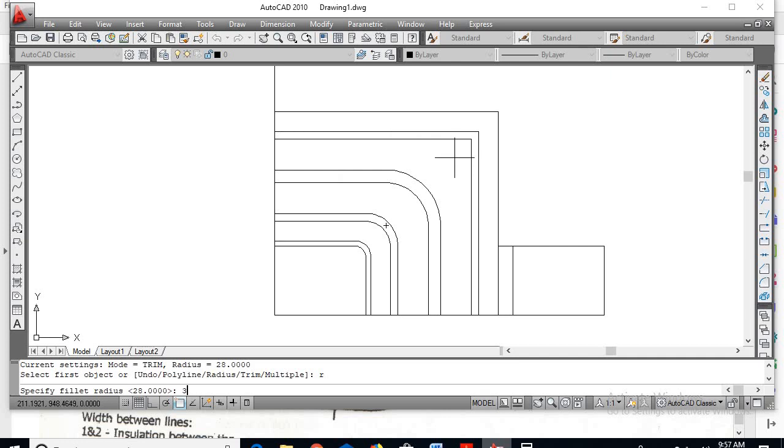I'll go for 32, enter. Select these two lines. Next go for fillet, radius R, enter. 35, enter. Just randomly I'm selecting the values. Okay, next go for fillet, radius R, enter. 40, enter.